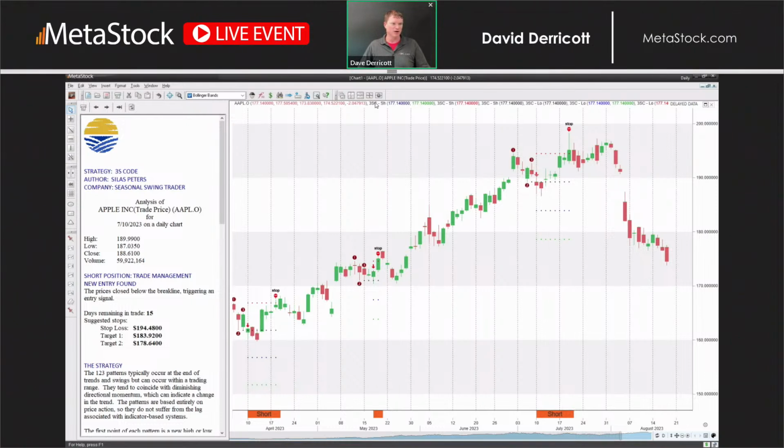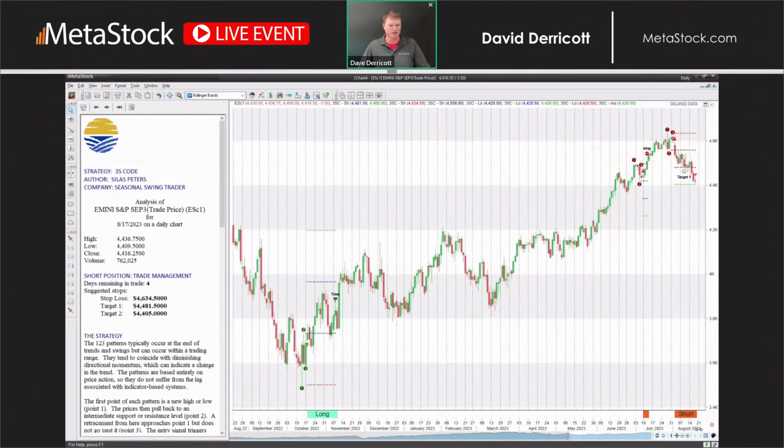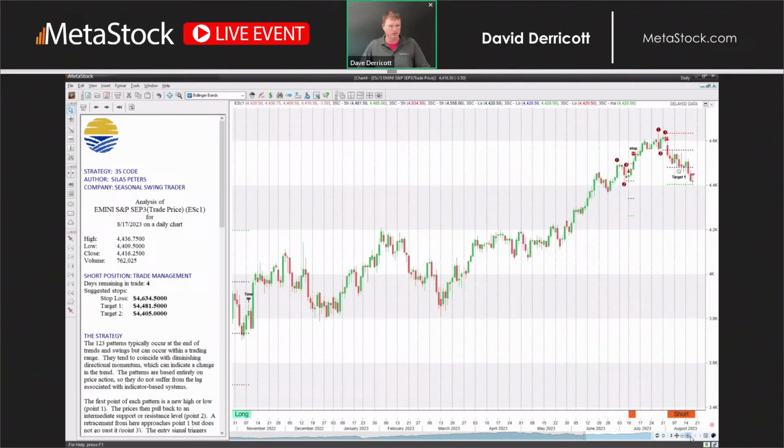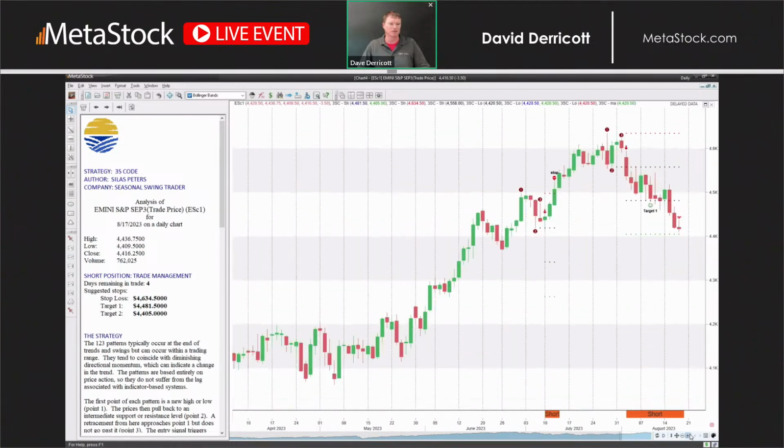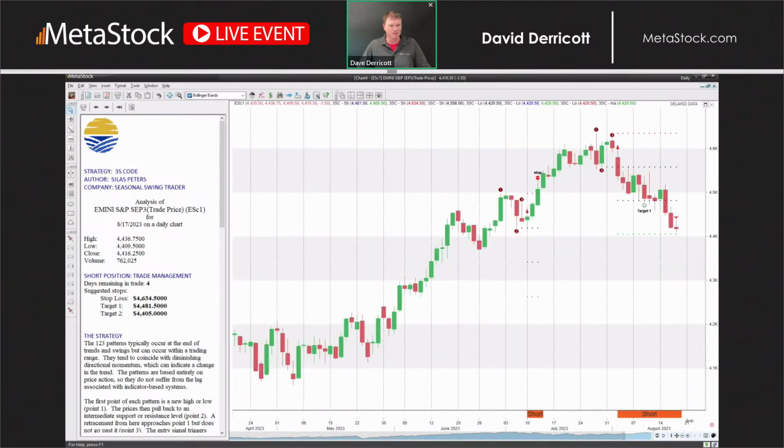So this one's Apple. I just picked a few different stocks, and not every single one of them is going to work 100% for today's trading day, but I did want to give you some examples first before we dive into the scanning aspect of it. So this one right here is actually a very good example of a setup and a good trade. So we have your 1, 2, 3 price points.